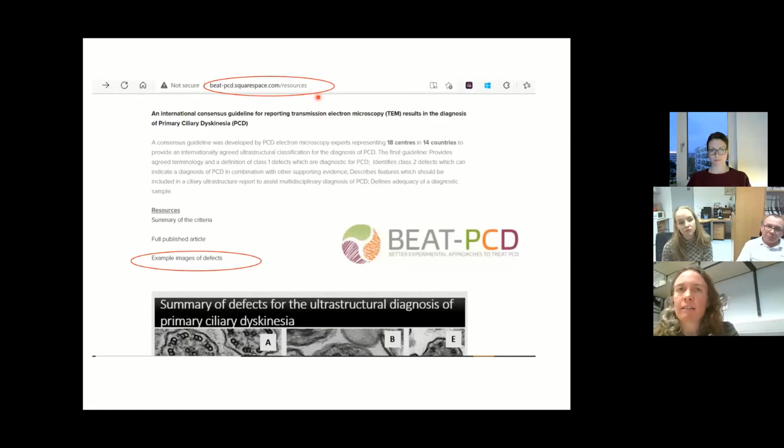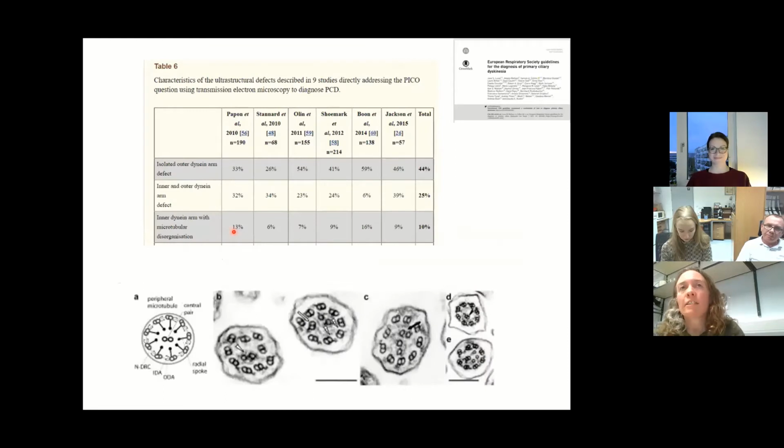So for each of the defects I've described, I've showed a couple of pictures in this talk, but we do have a library of pictures of EM defects for people wanting to compare their own samples, or just for interest, and that's on the BEAT-PCD website. So if you go to the BEAT-PCD website under resources and click on example images of defects, all of the common and some of the rarer PCD defects, there's a library of those that you can look at at your leisure if you wish. So the final